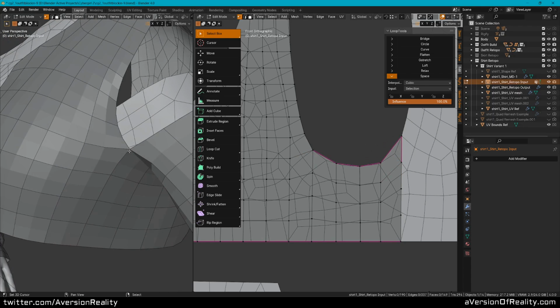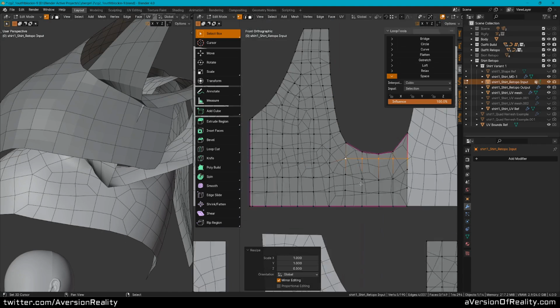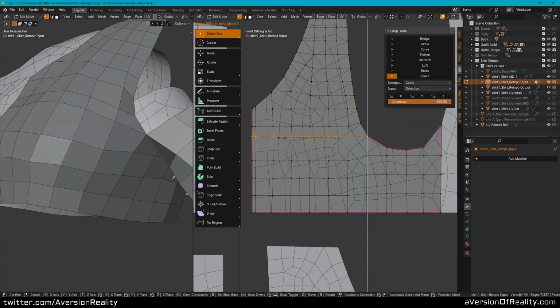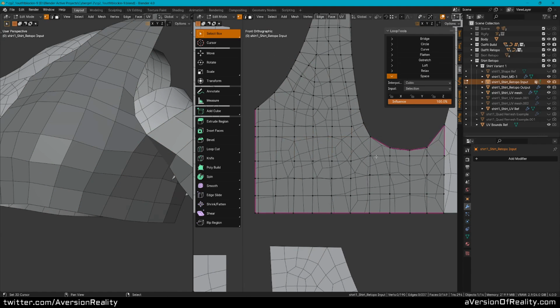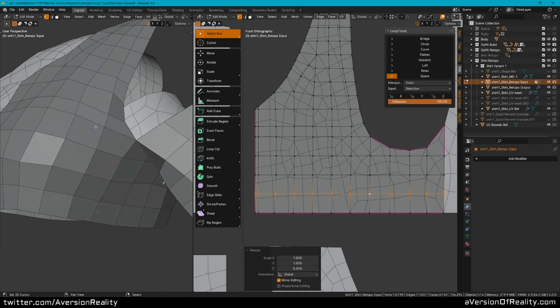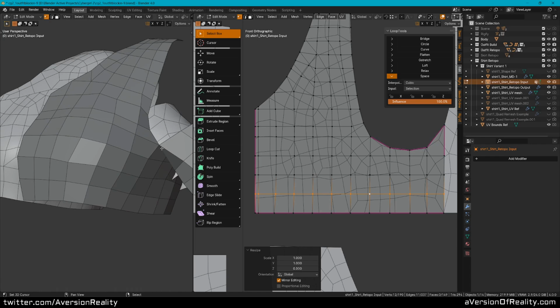But yeah, I think with those creases, I would rather have this face be stretched than introduce another point here. Although, again, depending on what you're doing, that may not be the right choice for you. So as you can see, you can kind of doodle around quite a bit here before you really decide what you want. And again, that is the point, to be able to let you do this and have it not